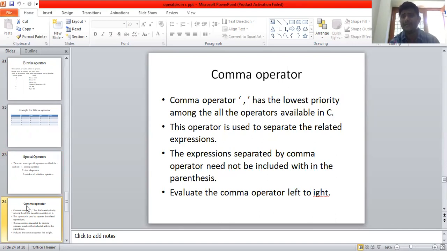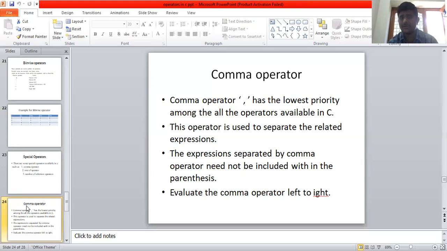It is just separating one expression or variable from another. This operator is used to separate related expressions. The expressions separated by the comma operator may be included within parentheses.